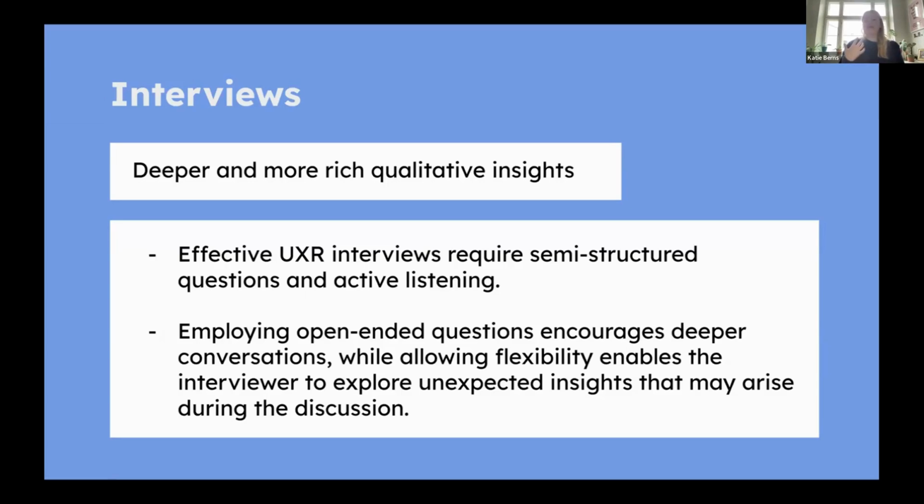interviews, I'd really recommend a semi-structured process. Of course, you want a structured set of questions, what you're trying to understand, where you're going, but also have more of an open approach and focus on active listening. Because as I mentioned in the beginning, when we're designing systems, of course, we have a sense of what we would want it to do, how we would expect a service such as this to work.